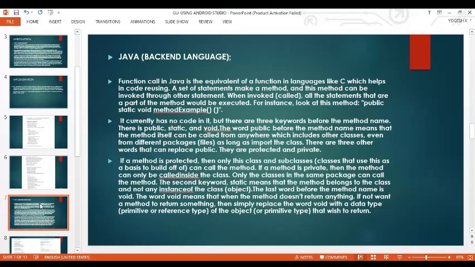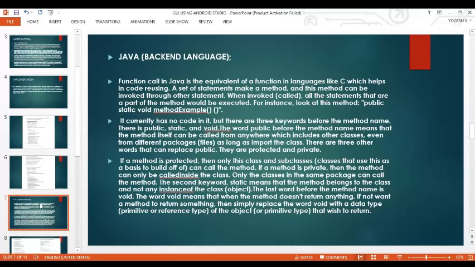The second keyword, static, means that the method belongs to the class and not any instance of the class or object. The last word before the method name is void. The word void means that the method doesn't return anything. If you want a method to return something, then simply replace the word void with a data type, primitive or a reference type of the object,